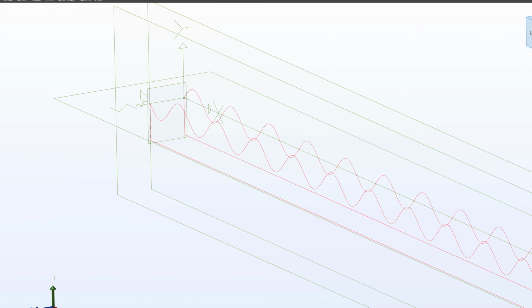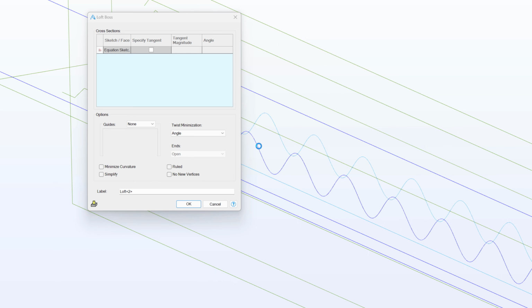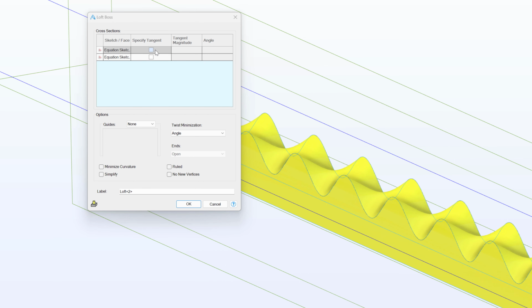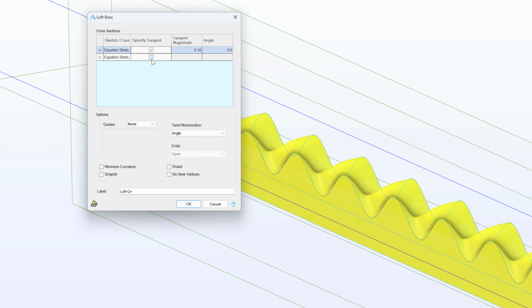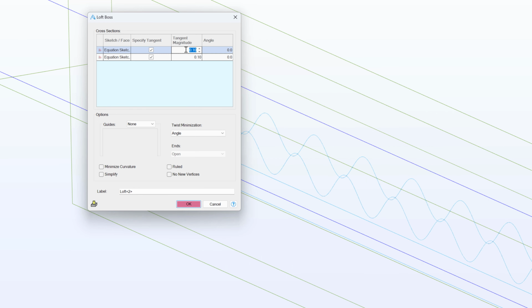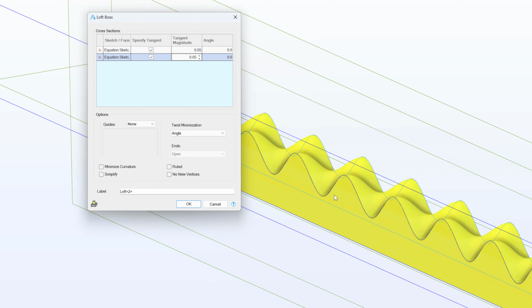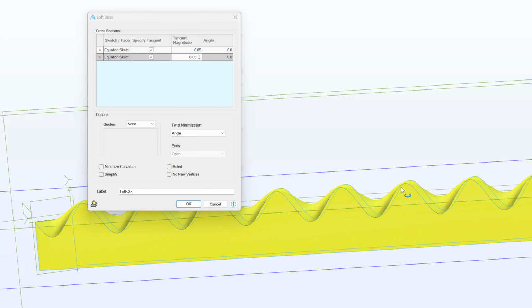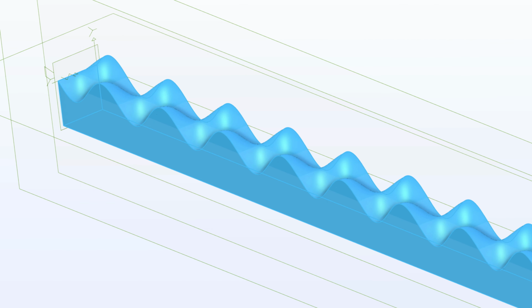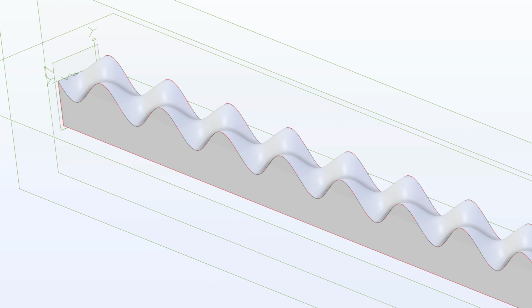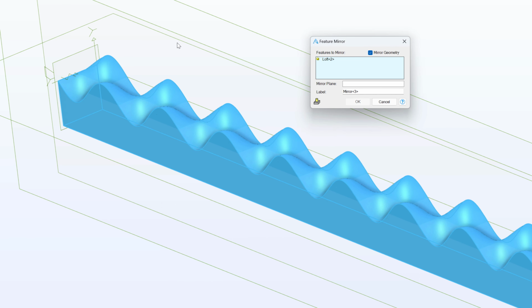Let's make a loft. And we'll go from here to here. We're going to specify a tangent and tangent. And I'm going to change this to 0.05. So that's starting to look like foam. We'll mirror this feature across